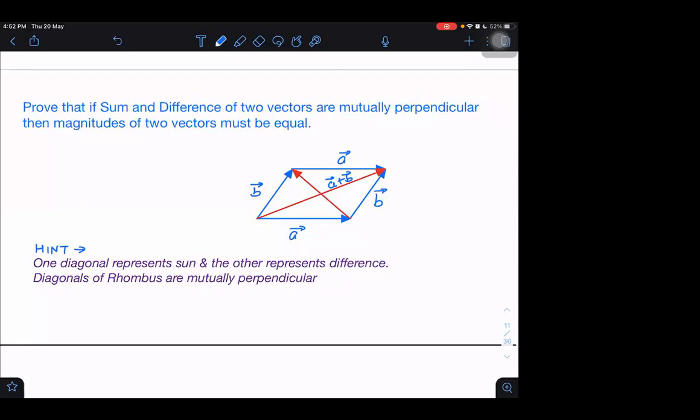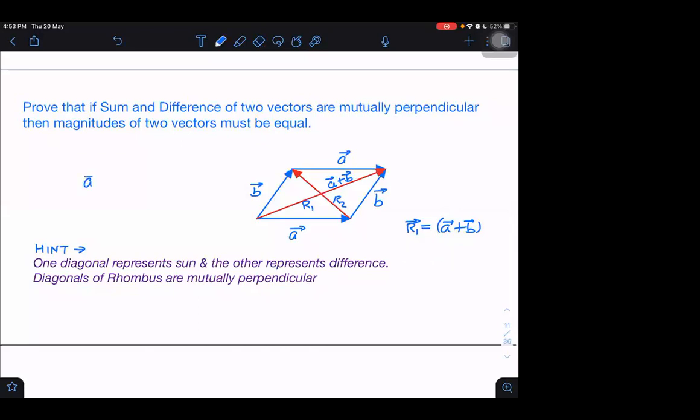You understand here that, let us say this is R1 and that is R2. Do you know what R1 is representing here? R1 is one body diagonal. Yes, sir. Body diagonal is representing the sum. And what is R2 representing? R2 is representing the difference. Which difference, B minus A or A minus B? Which difference is R2 representing? A minus B, sir.